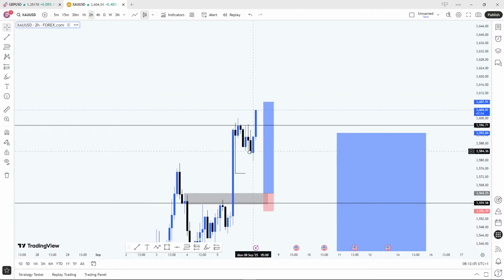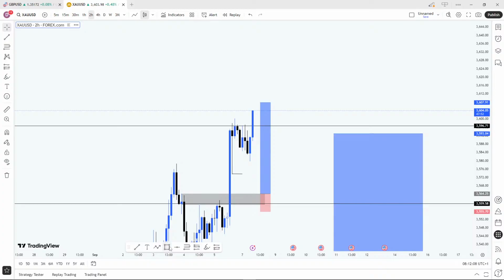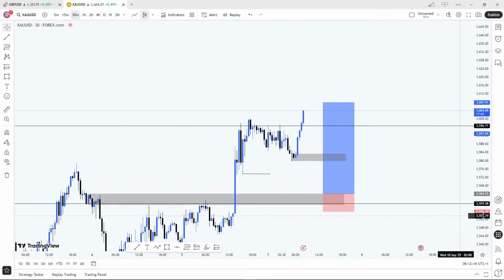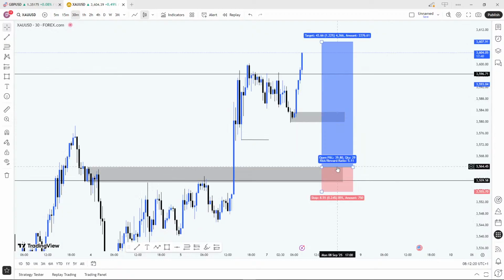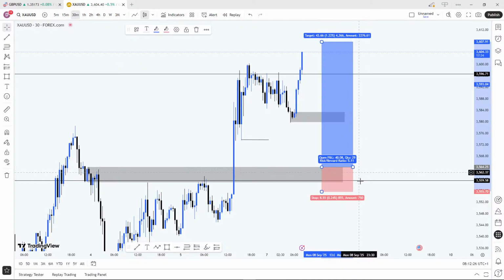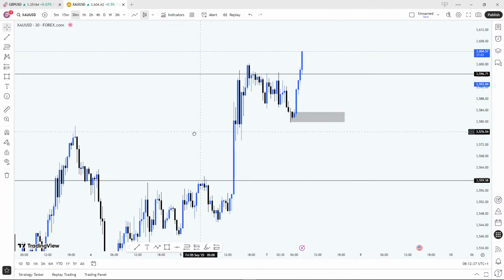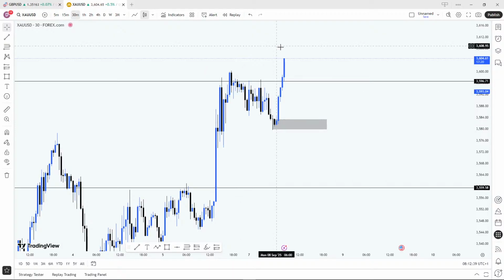Right. Let's check it out on the 2 hour time frame. We have this long wick, which can act as an order block. But let's validate this on a lower time frame. Let's see if it has everything complete. Right. 30 minutes time frame. So this breaker has likely been left. Right. Has been missed. This was the level I was waiting for the price to get to. And if you watch where the price got to, it got to an order block around here. That's where it got to and started buying. Right. So this breaker block did not get activated. So we're gonna keep looking out for re-entry as it's going up.